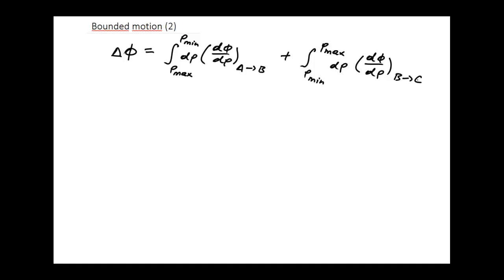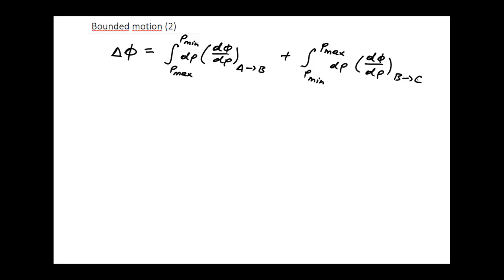The reason I wrote explicitly next to the d phi over d rho, first A to B and then B to C, is because of the sign that we have in d phi over d rho. For the first part going from A to B, remember we had to use the negative sign, and for the second part going from B to C, we had to use the positive sign. So d phi over d rho going from A to B is actually minus d phi over d rho going from B to C. We can use the minus sign to change the limits of our